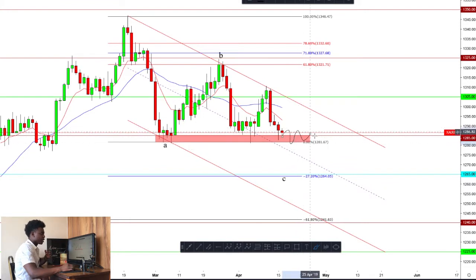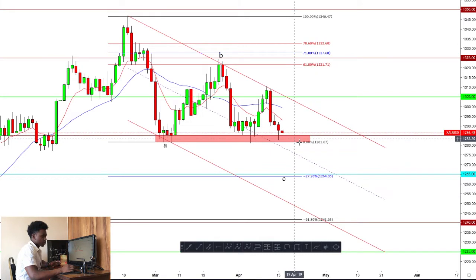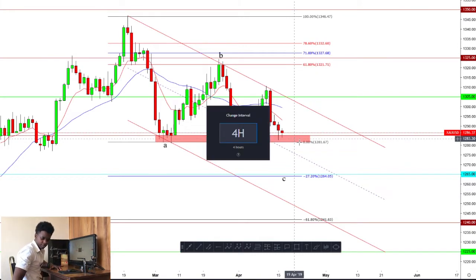We're not sure for how long before we have that strong move towards 1265, which is our ultimate target region. That's what we're waiting to hit before we change our bias, before we have that long and strong momentum to the upside. So if we go down to our 4-hour charts,